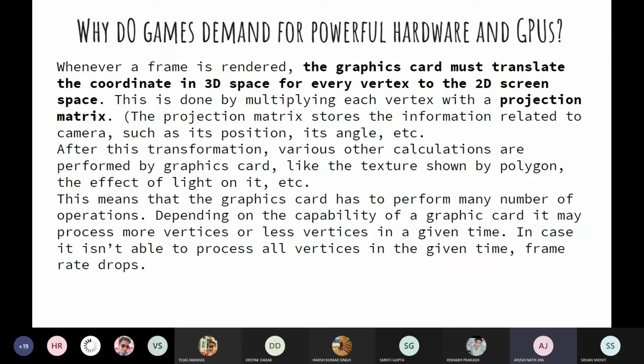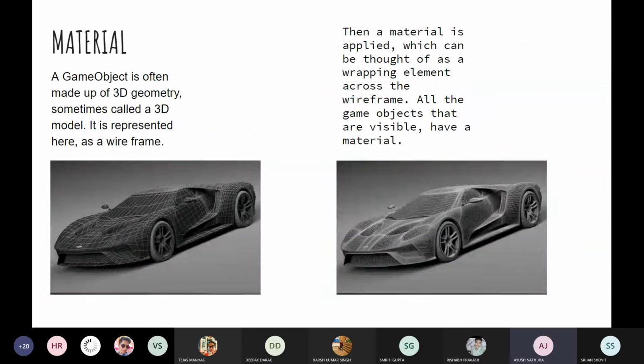So that is the reason why we need powerful hardware and GPUs, because of the graphics, because of the mathematics. You know how expensive a matrix operation is. Here we have a 3x3 or 4x4 matrix. When we multiply it with another matrix, how much operation is involved, and then with the number of vertices, 18,000, 19,000 vertices, it's quite overwhelming. So that is why we need powerful hardware and GPUs. And all these calculations are performed on GPUs.